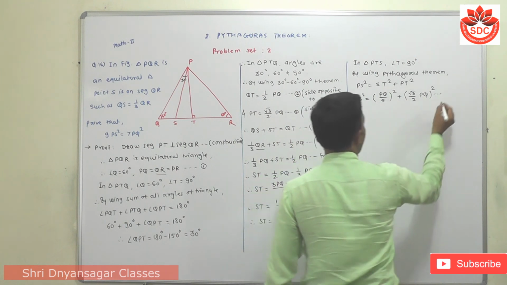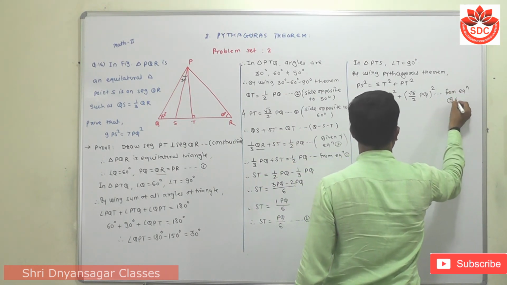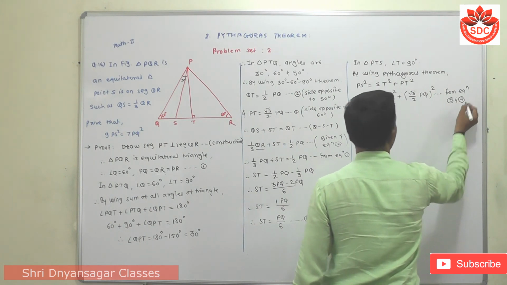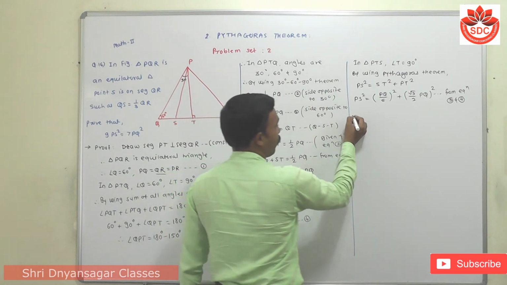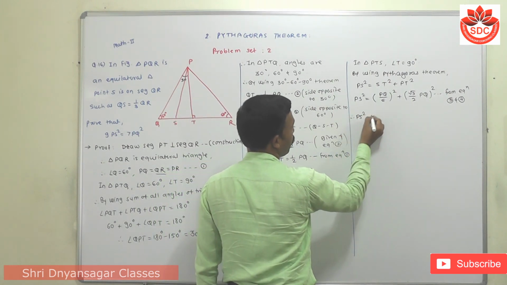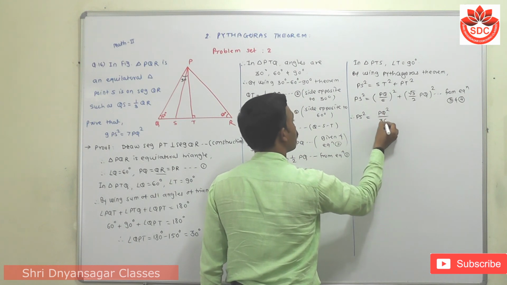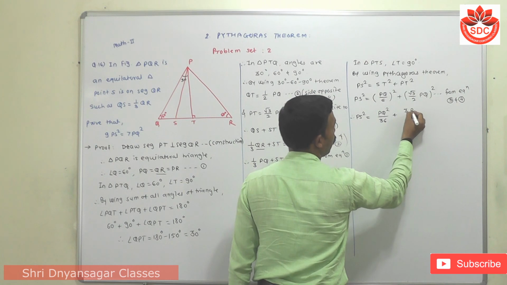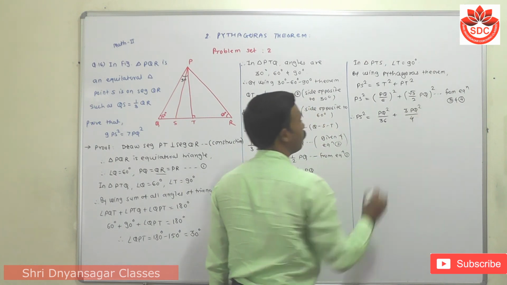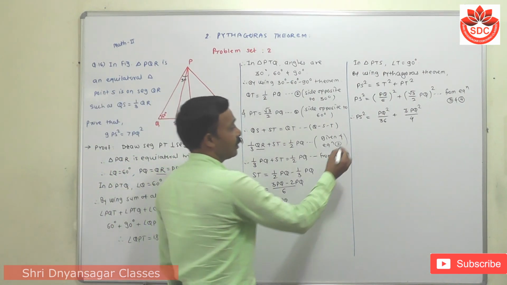The reason is from equation 3rd and 4th. Then squaring, we get that PS square is equal to the square of this one, PQ square upon 36, plus the square of this, 3 PQ square upon how much? 4. Can you understand this square? Then taking the LCM of these two,